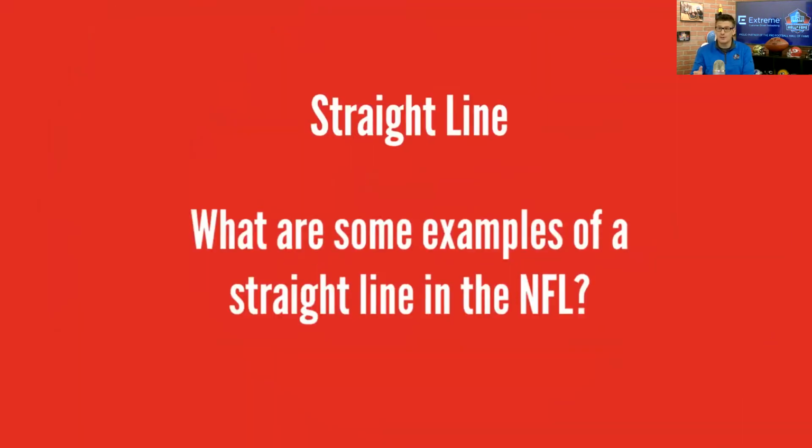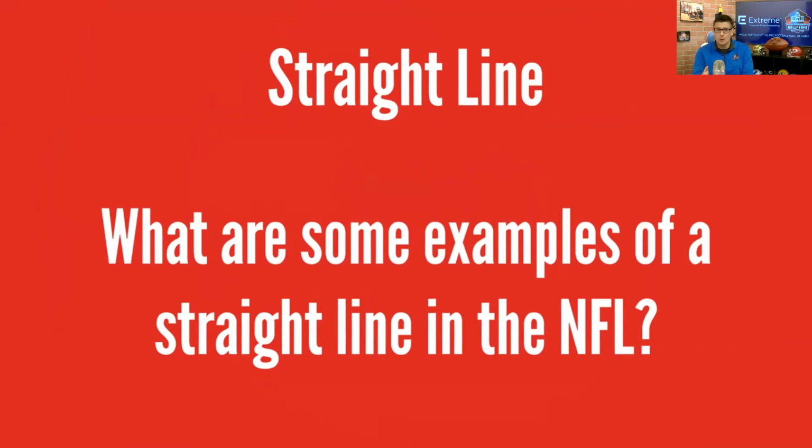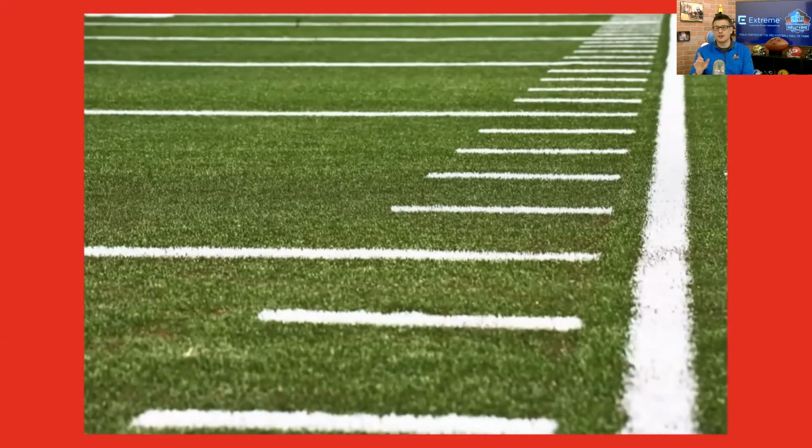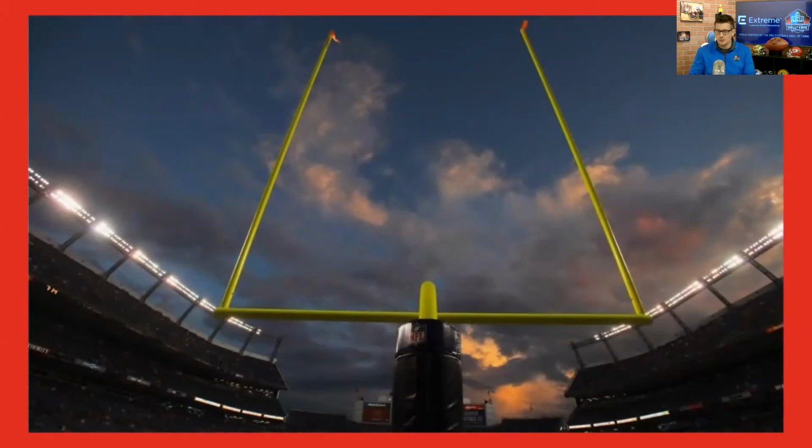One of the first ways is we know the shortest distance between two points is a straight line. So if you're playing tag with a base maybe, and you want to get to that base as quickly as possible, the best way to do that typically is just a straight line right to it. And so we see a lot of different examples of straight lines. We see goalposts, which are straight lines.